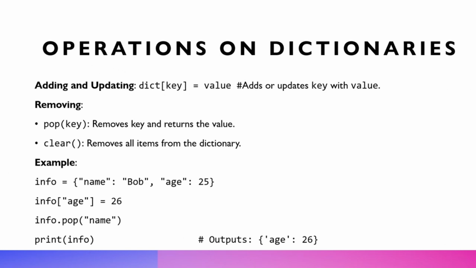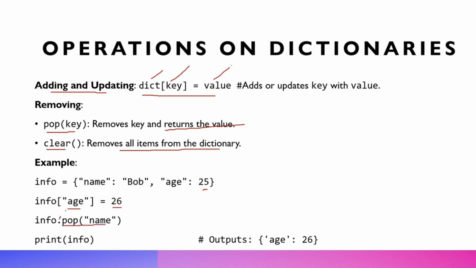For adding and updating elements, this is the syntax where you need to specify the dictionary key and the value you are assigning. To remove values, you can use this pop method, which removes the key and returns the value, or you can use the clear method to remove all items from the dictionary. In this example, we are updating age, which is 25, with 26. In the next line, we are removing name from the dictionary by using this pop method, and it is necessary